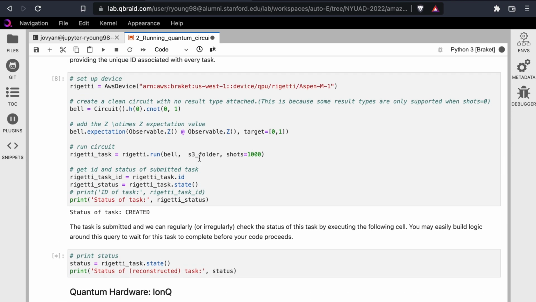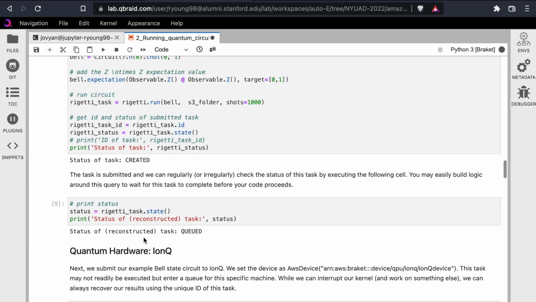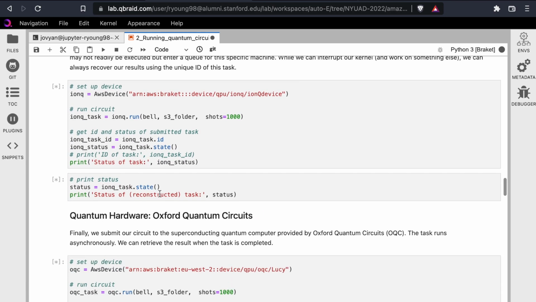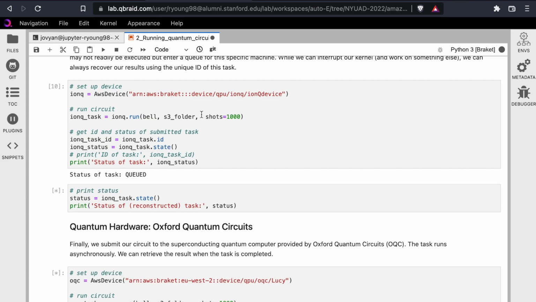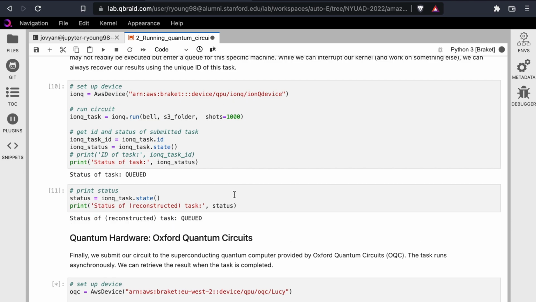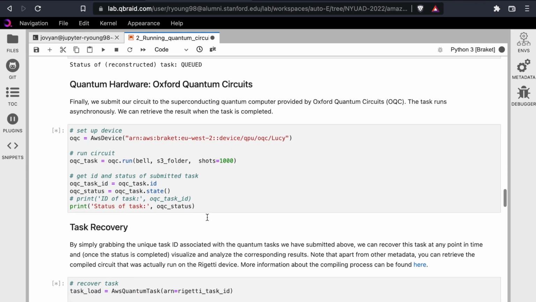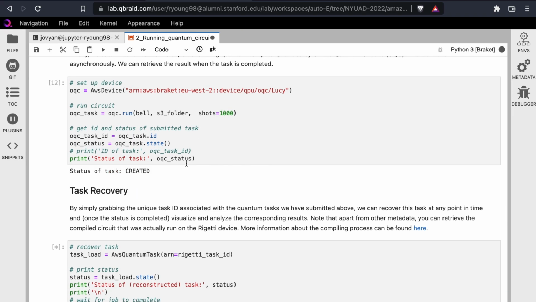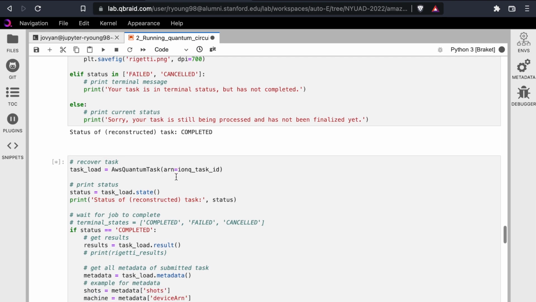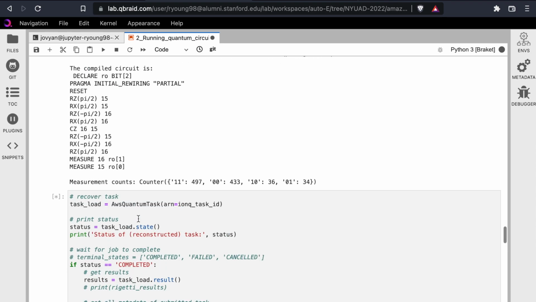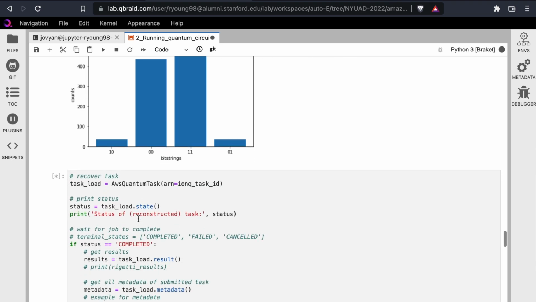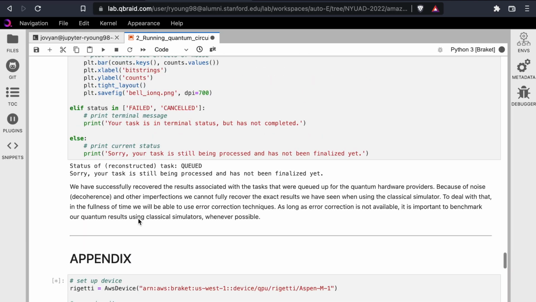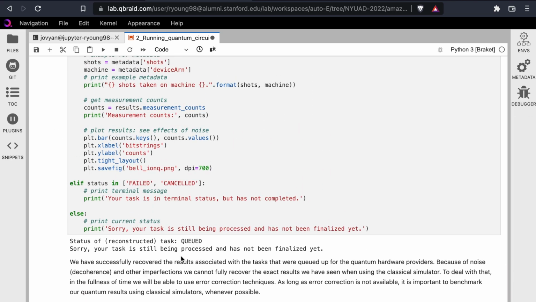Once you do so, we're going to check our AWS, our Braket task, and it looks like it's been created. Our IonQ task has also been queued. And our Oxford Quantum Circuits one is also getting queued as well. What's great as well is that you can just code normally as you would in Braket. And we get our shot distribution. And we have our